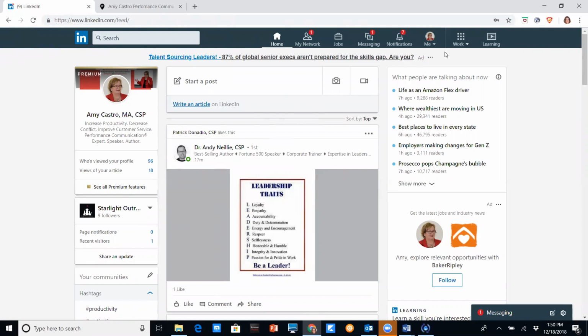I'm going to be sharing with you today how you can publish an article on LinkedIn. LinkedIn has an excellent publishing platform for you to publish your articles, and not only are they searchable within LinkedIn, but your articles can also be found on other places like Google, Yahoo, and Bing when you publish those articles